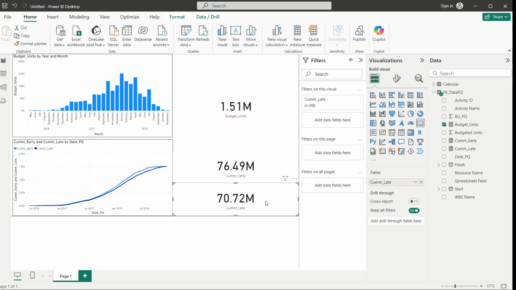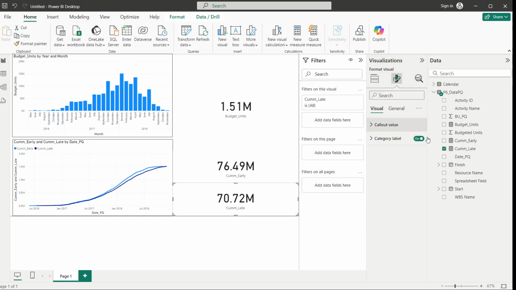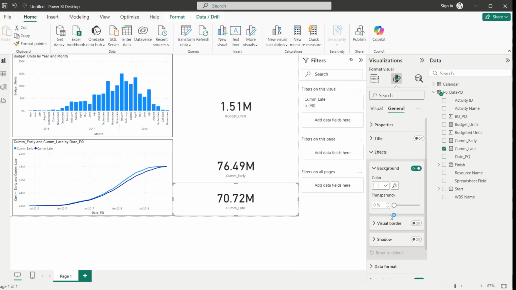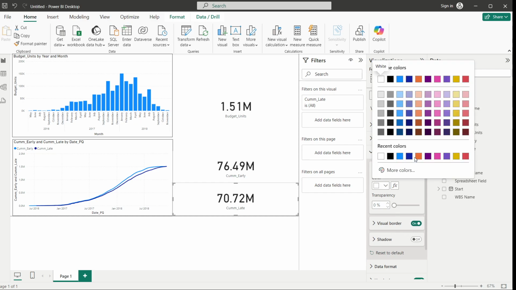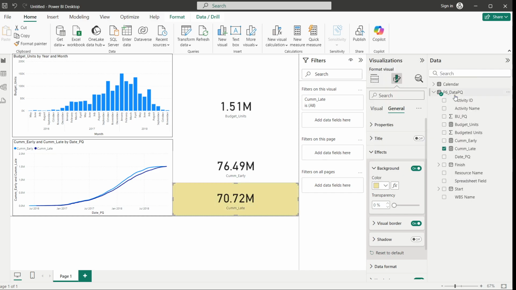So to avoid any confusion, just select this card and go to format. In the format, go to journal. In the journal, you will go to effects. In the effects, you will find that visual border is off. So just make it on, and then this background color. If you want to make any color, say for example, I want to make some yellowish color for the background,